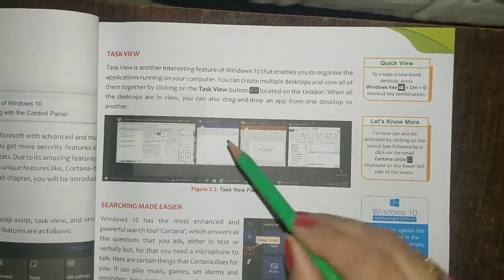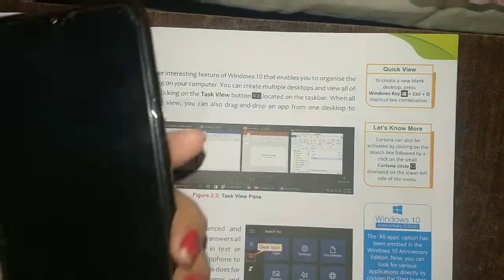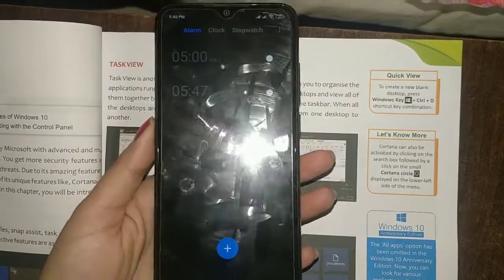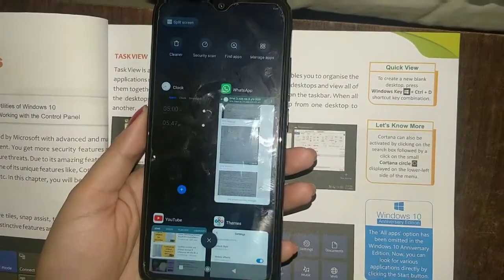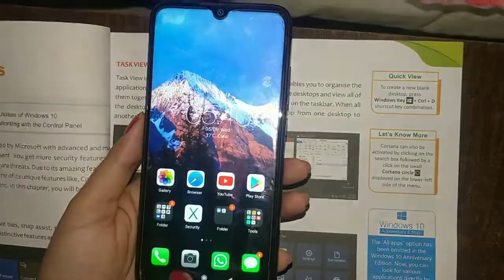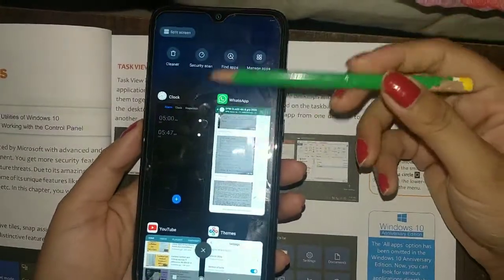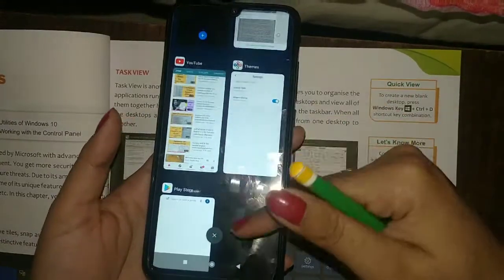One of the important advantages of this Task View is like this is a phone, your smartphone. By clicking this, this is the task view mode of your phone. Here you can see in just one screen multiple screens are opened.